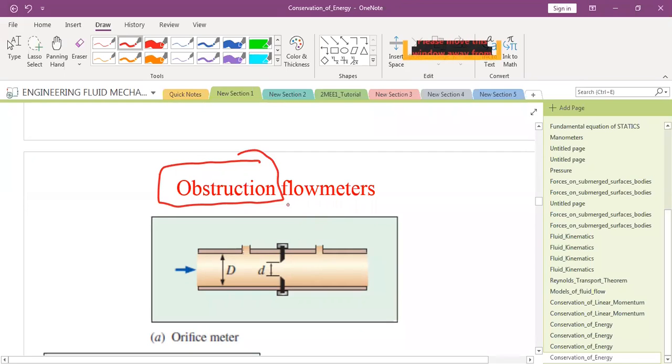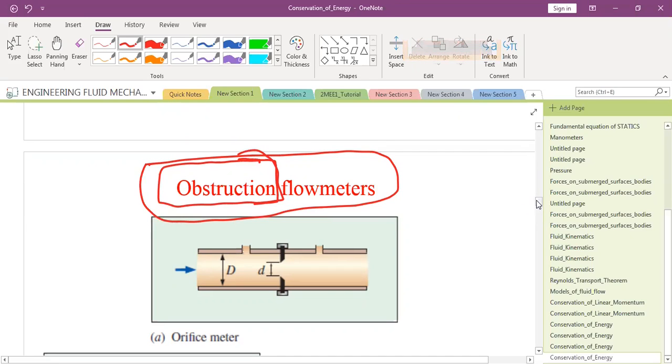So these types of obstruction flow meters were actually very famous in the earlier 21st century, and now also they have some practical utility. In most of the piping you will see these kinds of flow meters installed on those pipe fittings. This helps us to measure the flow rate